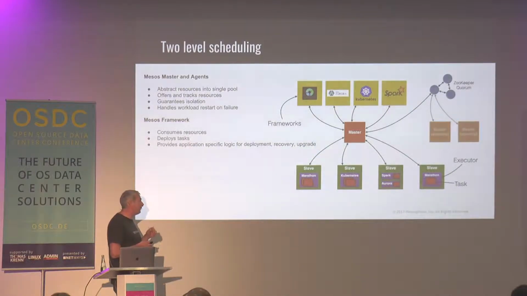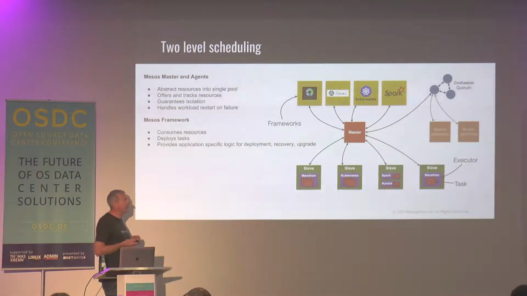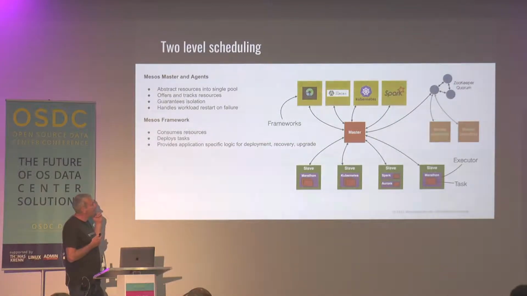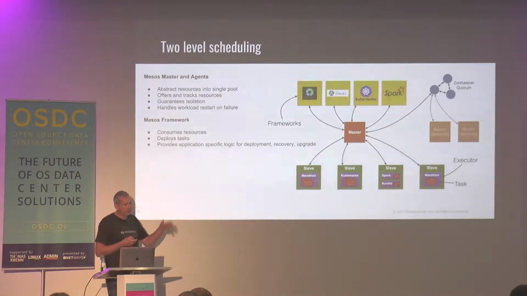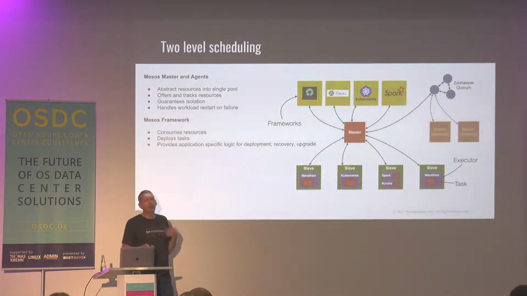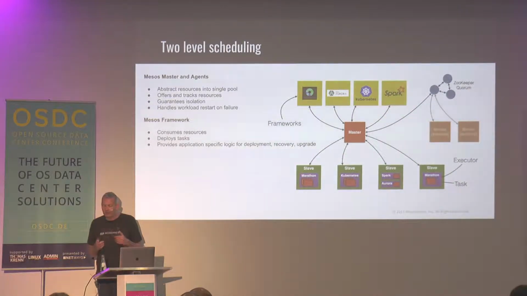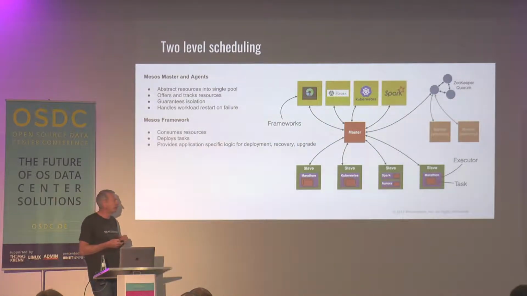So back to Mesos. The key differentiator between Mesos and all other kind of cluster orchestration systems is that Mesos has this concept of two-level scheduling. And I'll talk about that in a second. I'll just talk through what the base architecture of a Mesos cluster looks like. So we have a Zookeeper cluster. The Zookeeper cluster is there to handle election of masters. It's also there to do some small key value stuff, but it's mainly used for Paxos selection of masters.